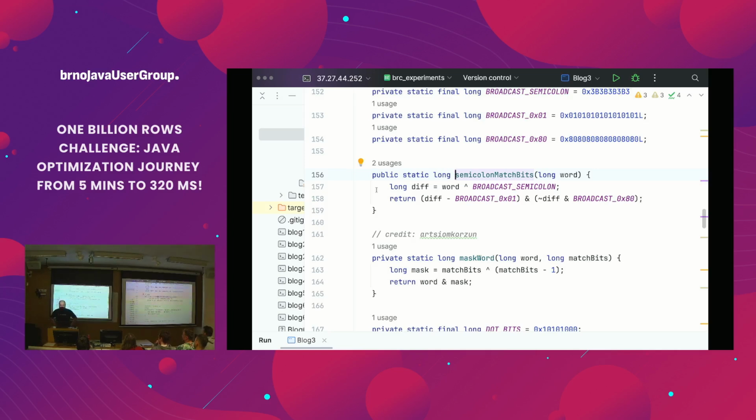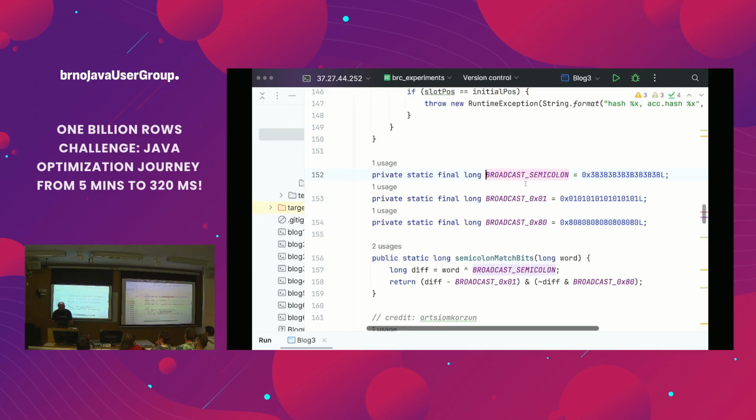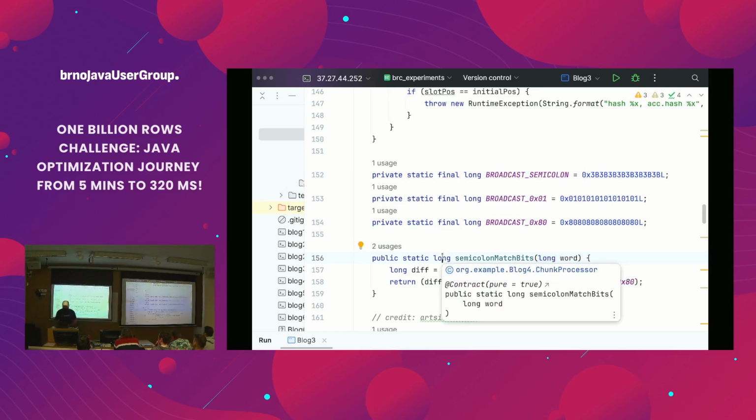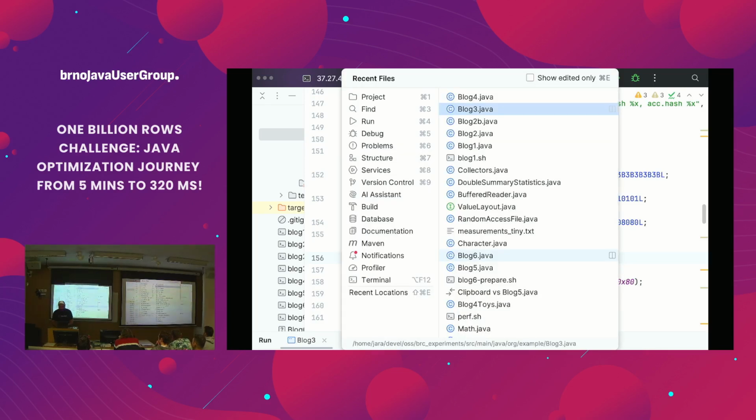Right, we are running out of time. Here is no branch at all. And here, if you check, there is some magic constant. What the hell is that? Now I will not go into details, but you have to trust me that you pass it along, which is 8 bytes, and it gives you a number. Actually, you don't have to trust me, I can show you.